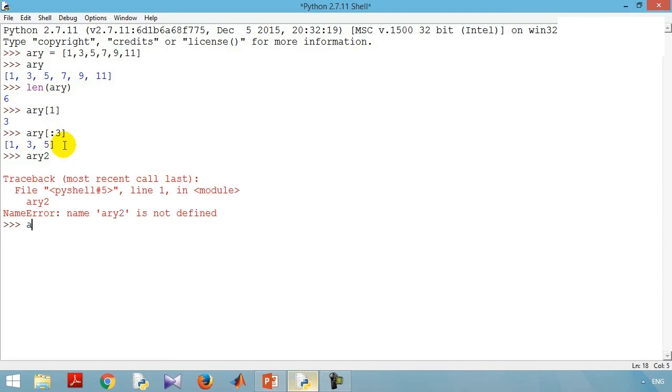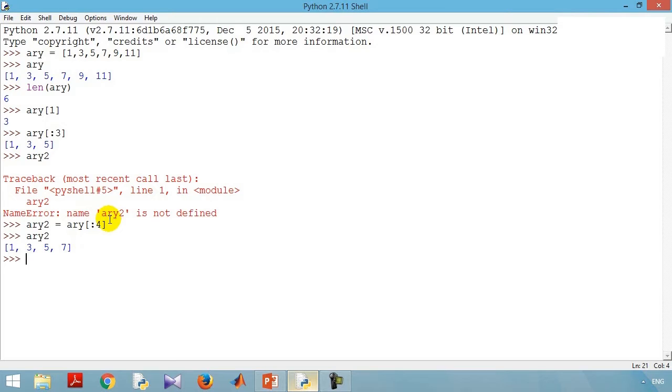Even each part of this assigning, you can assign this to a new array. For example, here if I type ARY2 equal to ARY[:4], the first 4 elements of this array, you can clearly see that 1, 3, 5, 7, which are the first 4 elements of the array, are assigned to ARY2. And by showing ARY2 as a result, you can clearly see what the elements are assigned to this